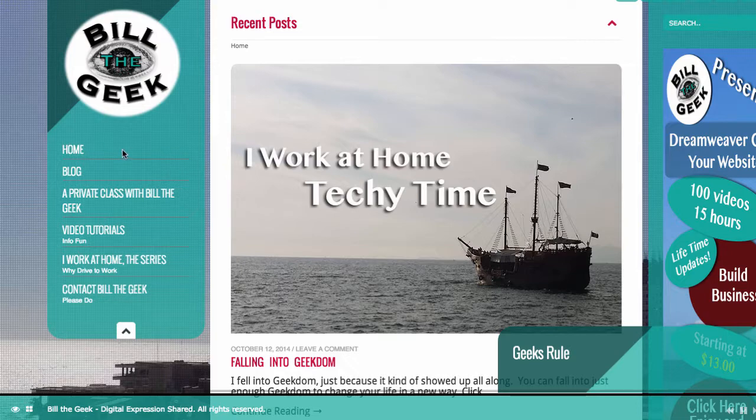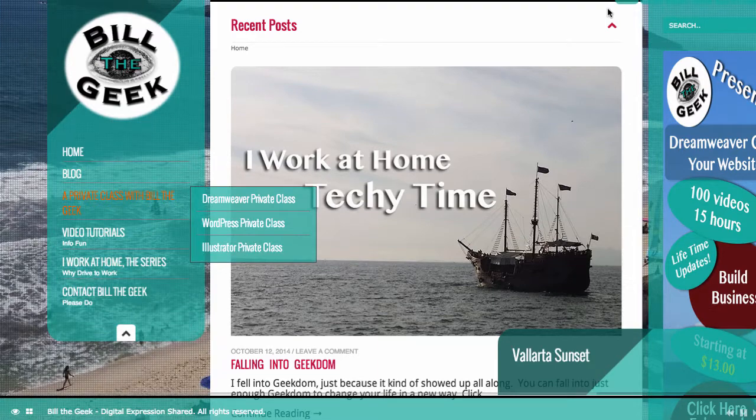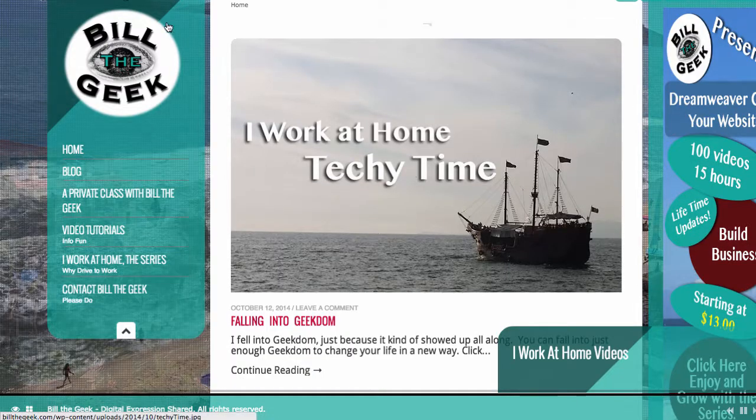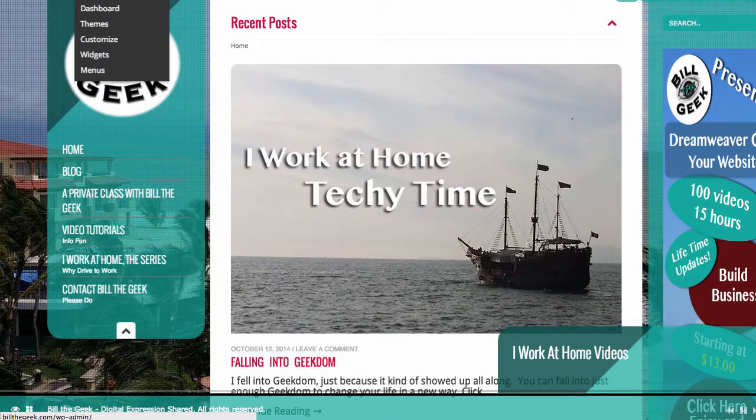But anyway, as far as menus goes, this is the only menu you can have in here. That's it. You can't have a header menu. You can't have, I mean, yeah, sure, it's got cool drop-down stuff over here. I don't think you can have a footer menu. And if I come down here and go to menus right here,